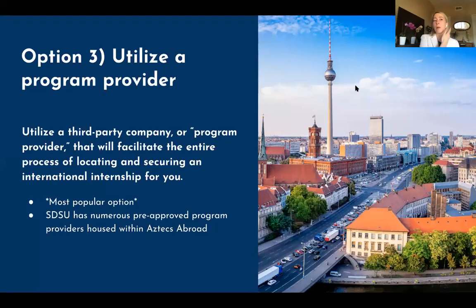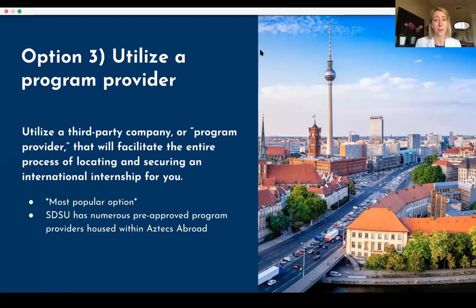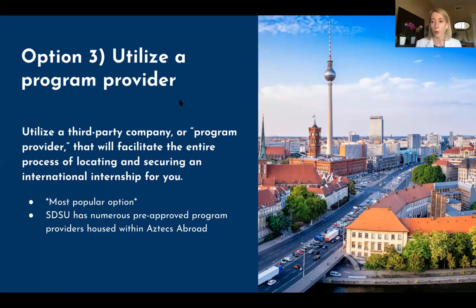Okay, now that brings us to option 3, and this is a reference I made previously about a program provider, which might not have made sense at the time. I hope after this, you'll finally understand what a program provider is. So some students will, in fact, when I say some, I mean the majority of students. This is really the option that most students will choose when trying to apply to this program, because they don't even know where to start when trying to, one, find an internship on their own, or two, they don't really feel like they have connections with professors that might have done international work.